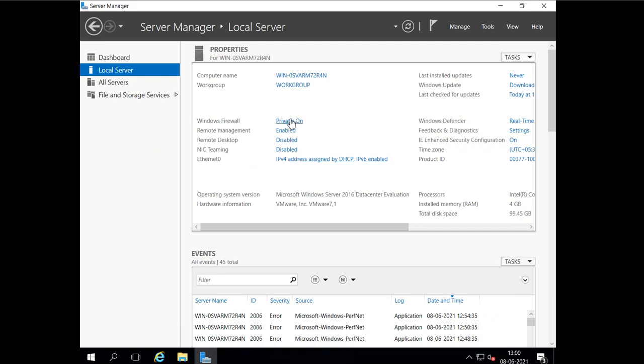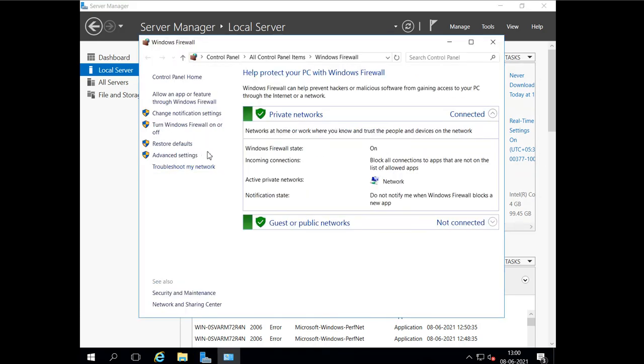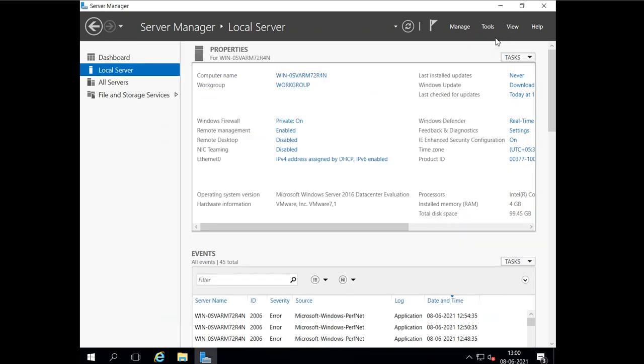Again, for managing remote management, remote desktop, whatever setting you want, for example if you want to change or configure the IP address, for doing this we will go to Control Panel. This is the actual way to do this.